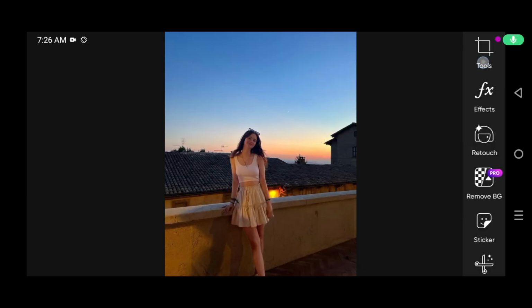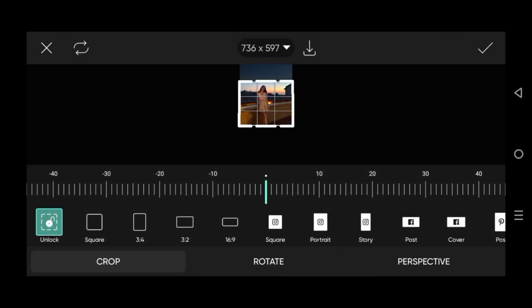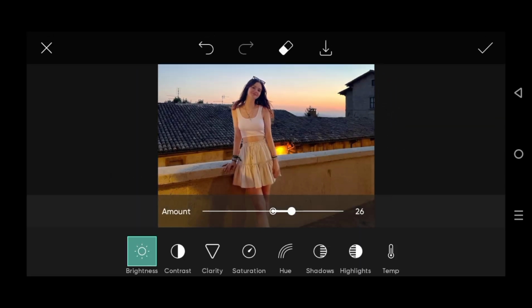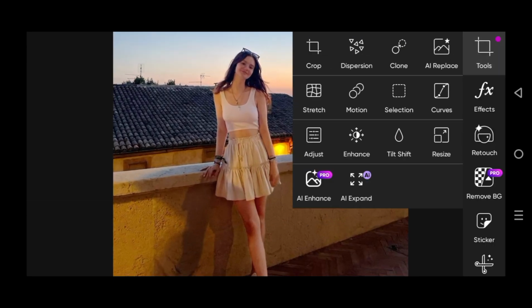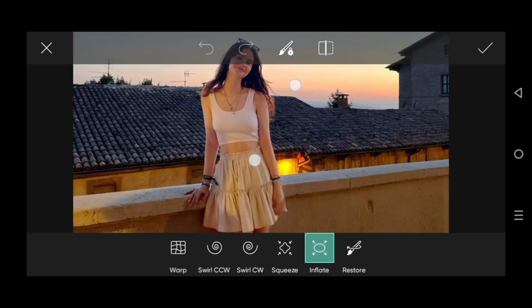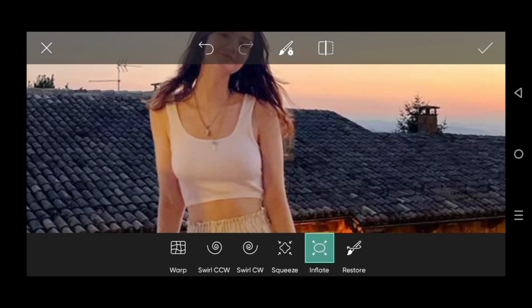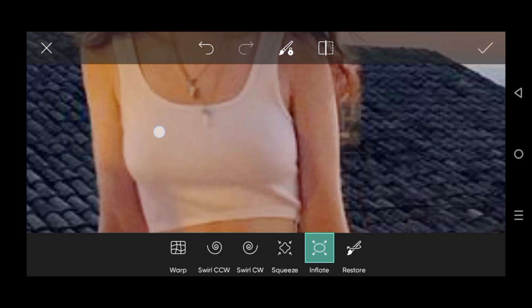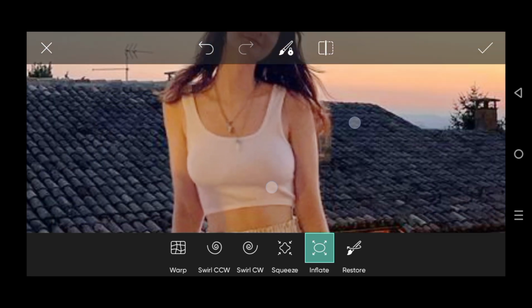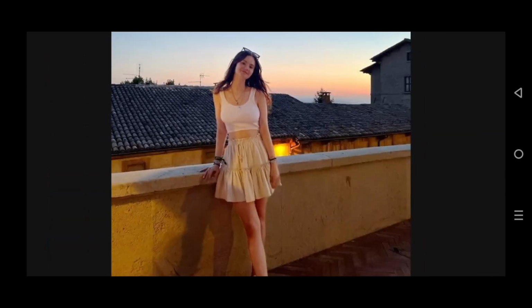Welcome back, dear friends. First of all, we would go here to apply some beautiful changes on the image. I have to raise this brightness, as you can see. Now I would go to the stretch options and inflate some parts of the picture, as we can watch on the screen. By using that option, you can see that these parts of the image have been inflated. It has been put on, and now we could apply some other changes on the photo.